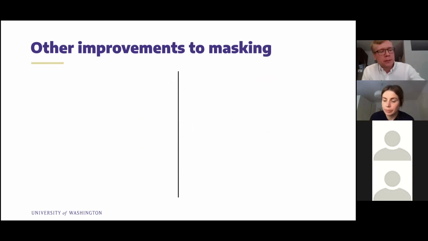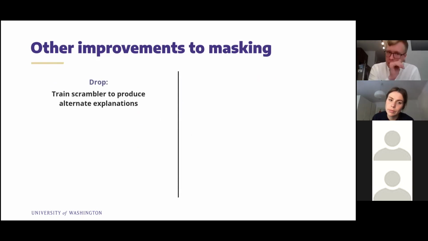While we were developing this interpretation method, we also worked on some other useful improvements that allow you to efficiently interpret sequences. One thing that we noticed is that in some of these biological processes, there can often be multiple alternate explanations for why you're observing a particular effect or prediction. If you think back to our 5' UTR example, you can choose to explain the low MRL either by one of the starts or the other starts.